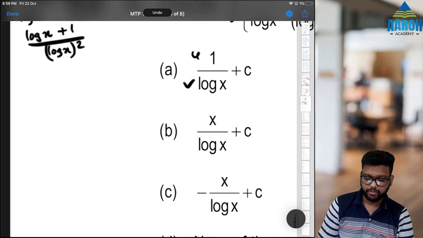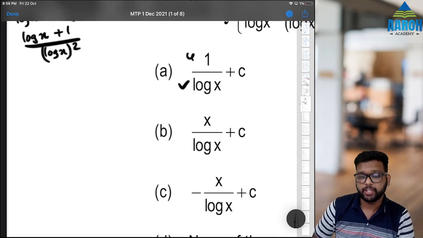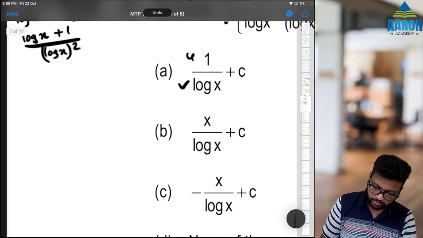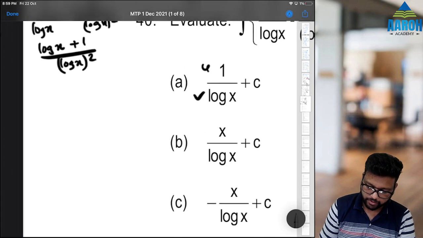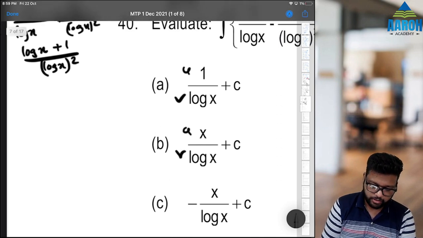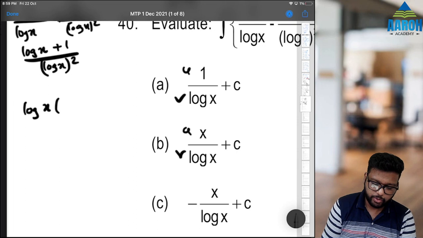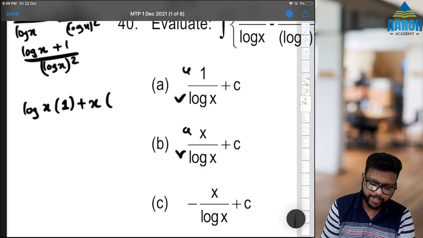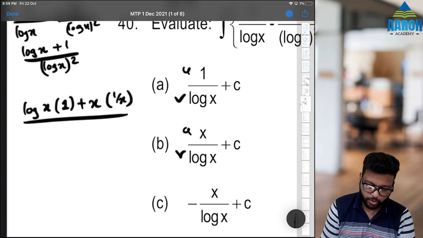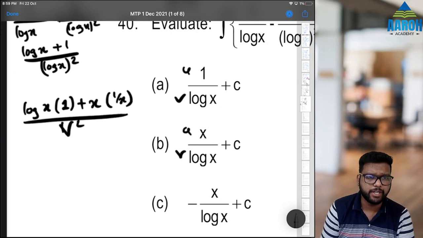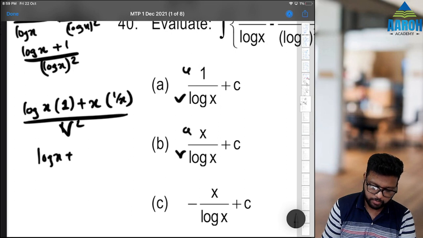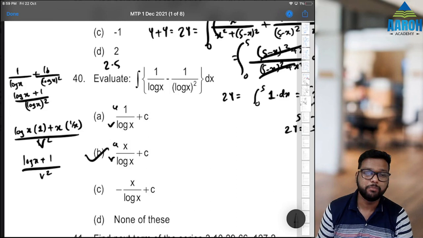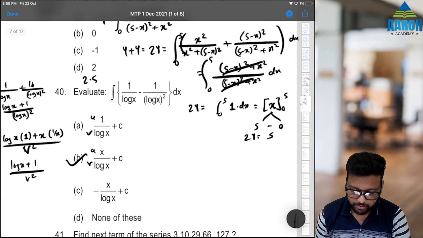Now if you think logically, the first option is not going to give the correct answer because there is a constant in the numerator, but you can try if you want. Let's try option B first. Taking the derivative of B, u by v: v into u dash, where the derivative of x is 1, minus u into v dash, that is 1 by x, upon v square, log x square. That is matching. So it will be log x minus 1 by v square, which matches our question. So option B is the correct answer for 40. No need to solve it.